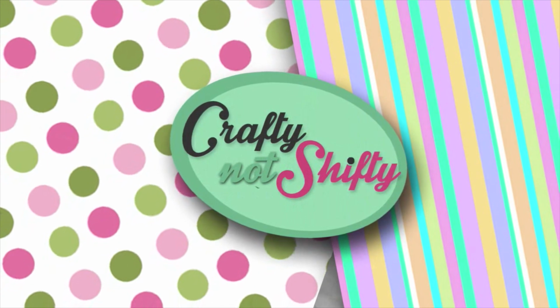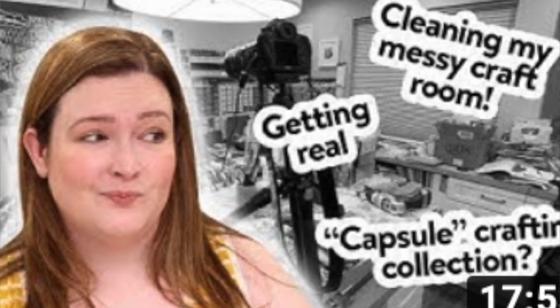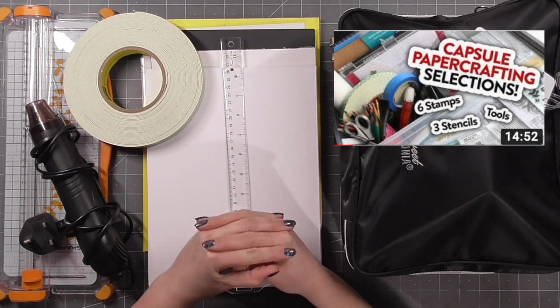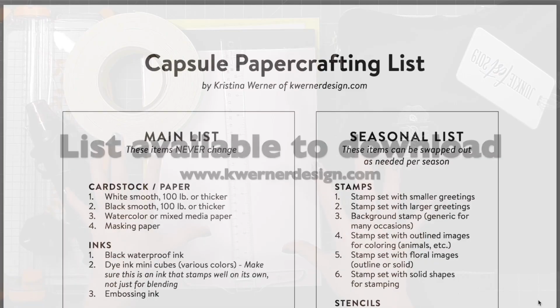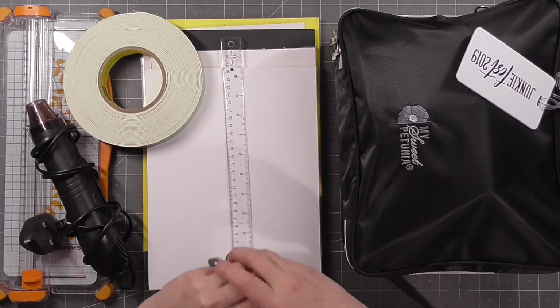Today I'm going to be sharing my Capsule Papercraft collection. This is very heavily inspired by a series that Kristina Werner started over on her YouTube channel for the month of February, where she created a capsule papercrafting list and she narrowed down all of her supplies into just a few items and then used those items for the month of February to create cards, and that was all she